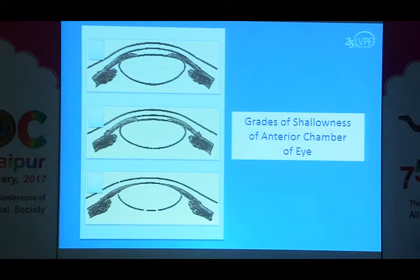Unless you figure out why you have a shallow anterior chamber, first of all, if it is just an overfiltration, you handle it a different way. If it is because of a leak, you handle it a different way. If there is a conjunctival buttonhole, you handle it a different way. If you have a choroidal detachment, you handle it a different way. So depending upon what the cause is, you will have to treat the cause rather than just going and doing